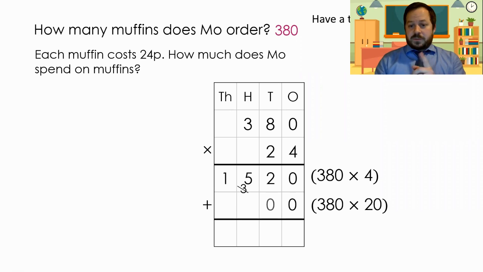Then we do 2 times 0 is nothing. 2 times 8 is 16, and 2 times 3 is 6, plus the 1 is 7. Then we add it together, 0 and 0 is 0, 2 and 0 is 2, 5 and 6 is 11, and 1, 7 and 1 is 9. So our answer is